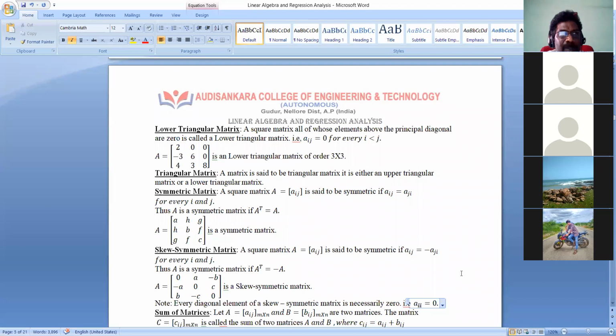Only if AB and BA are equal to one another does (A plus B) whole square equal to A square plus B square plus 2AB hold for matrices also. Otherwise, that is not applicable. That is wrong in connection with matrices. Okay, so anyway,